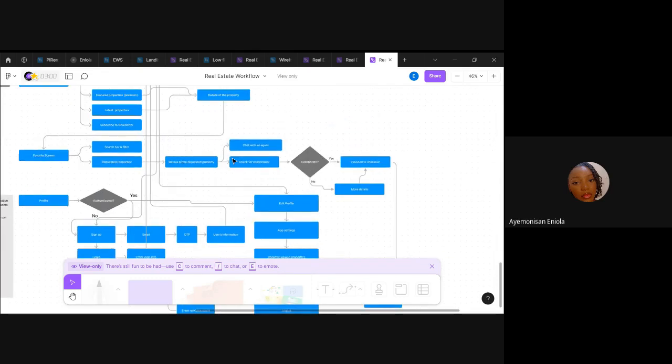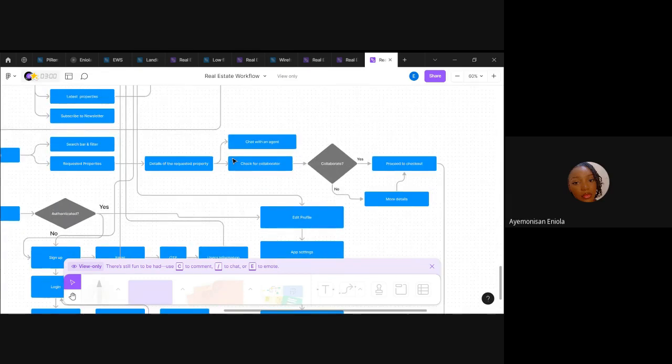So you put your own chat with agents after seeing details of requested property, right? Yes. So do you want to tell us the reason? I remember from the ideation time, after the grouping, when we were trying to get out the best idea.